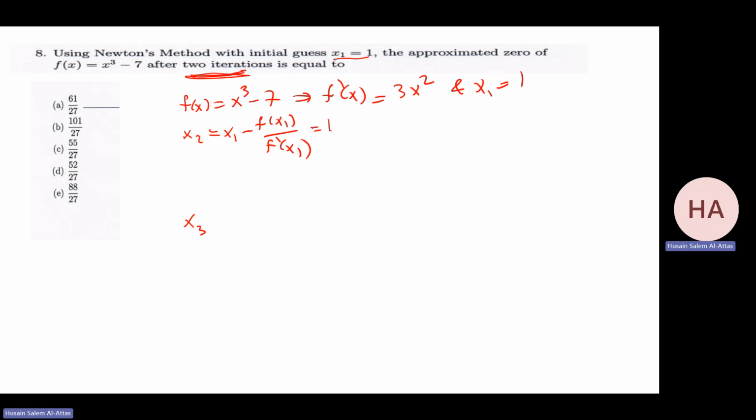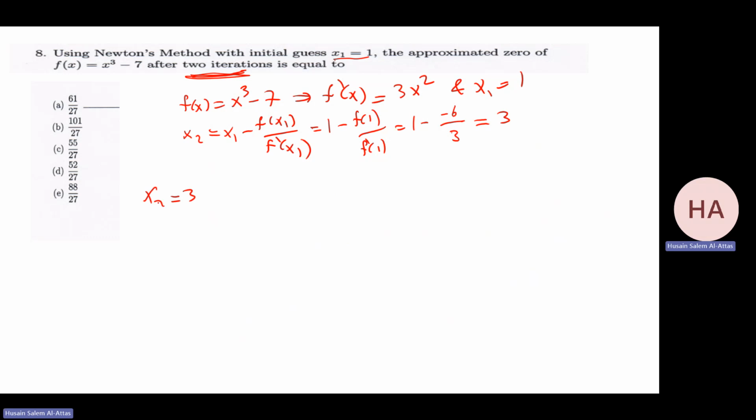That will be 1 minus f of 1 over f prime at 1. That will be 1 minus f of 1, 1 minus 7 minus 6, f prime at 1, 3. So that will be 3. So